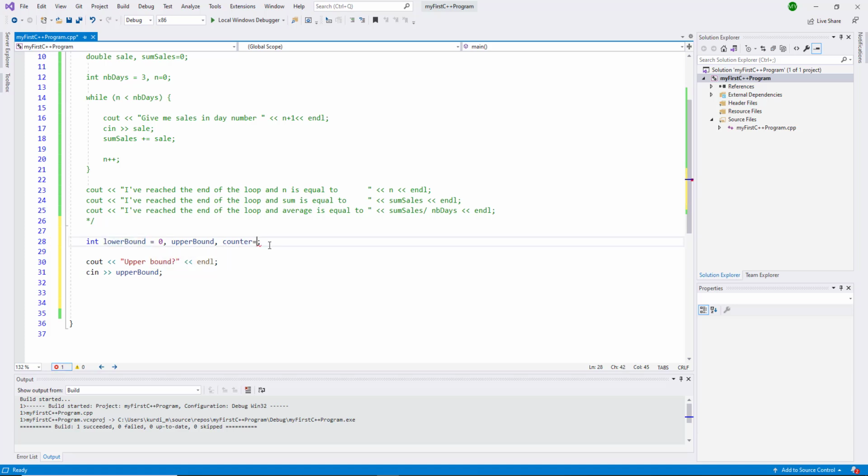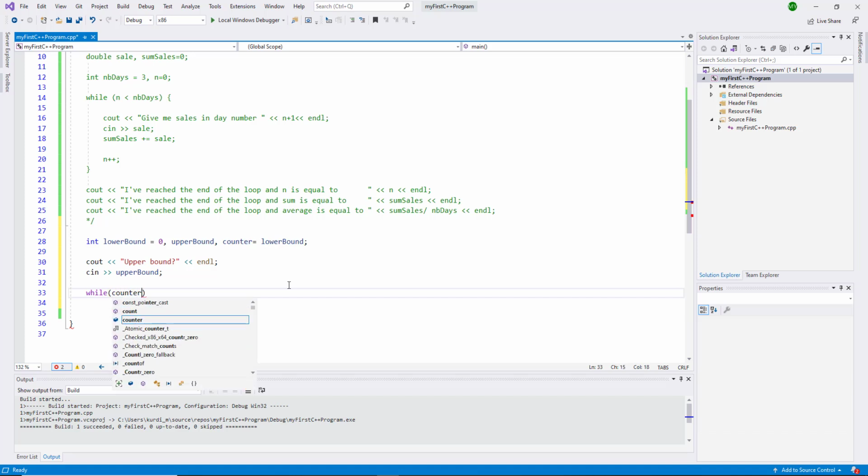Okay, so at the beginning, the counter is equal to my lower bound, which means the counter will start with a value 0, then it will get incremented. Now, the while loop will keep repeating until my counter reaches the upper bound. So while counter is smaller or equal to the upper bound